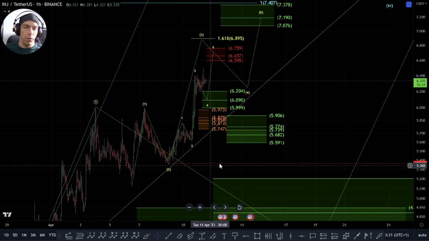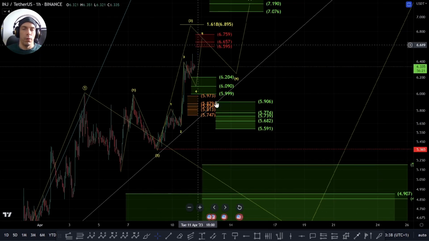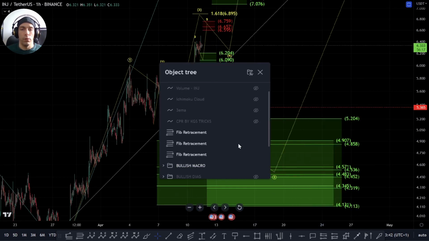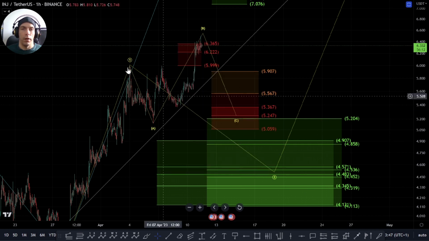So this is what we need to do. We need to maintain these lows, though. If this is the case, this $5.36 is a crucial point if we're looking for continuation here. The alternative is that we are not finished this wave 2. So if we aren't finished the wave 2, what we could actually see is something like this play out, where